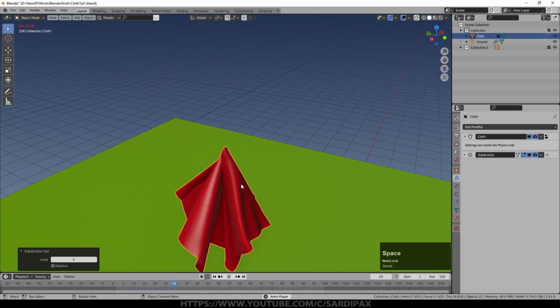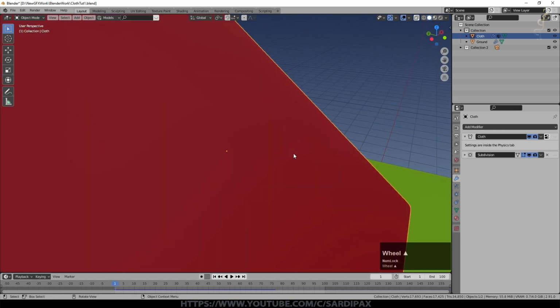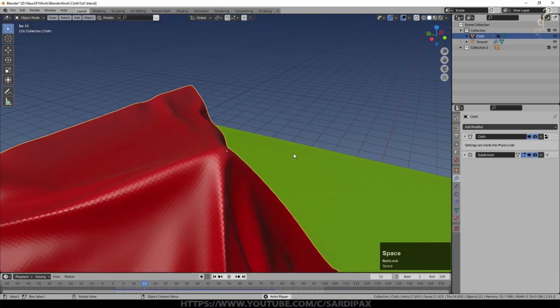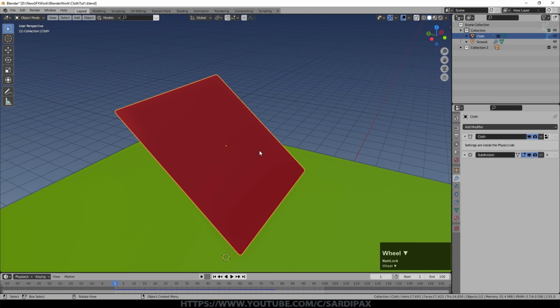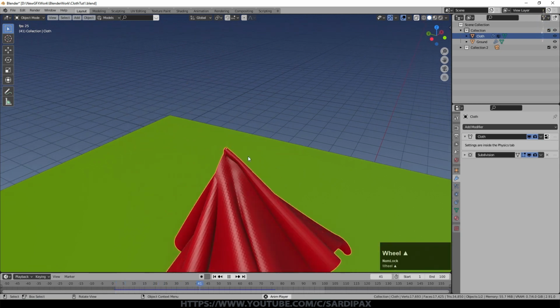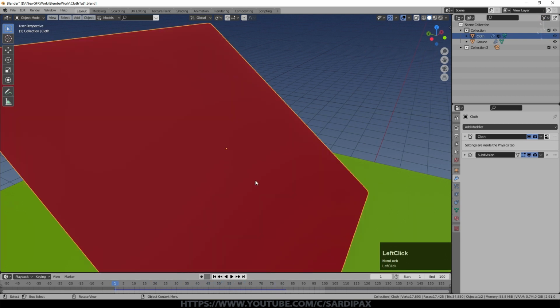And you can also get some slight oddities. But now we're getting the same number of subdivisions as I just created by subdividing, but they're not actually taking part in the simulation. They're estimating where it would be. So they're sort of simulating the simulation almost. So it gives you a finer result without it actually adding significantly to the simulation time.